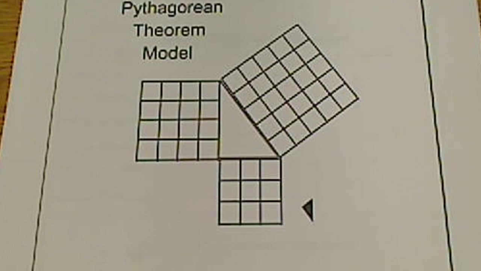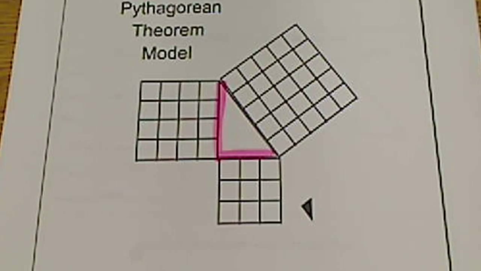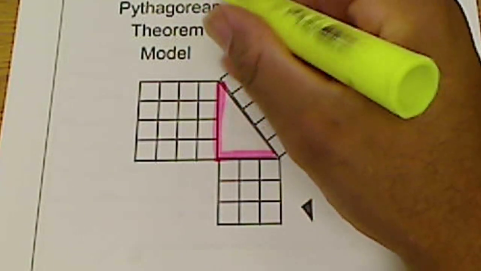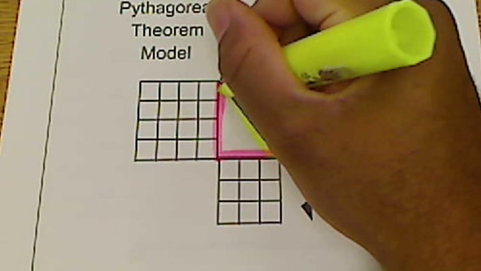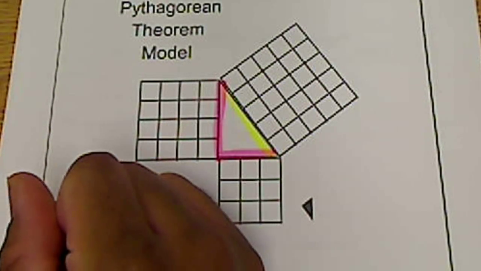The first thing I want you to do is make sure you have two different highlighters. We're going to highlight the legs. The legs will typically be found connected to the 90-degree angle. Here goes one of my legs, and here goes the other one. And we're going to highlight the hypotenuse with a different color. The hypotenuse will always be that slanted line, the one opposite the 90-degree angle. One of the key things we need to recognize is that the hypotenuse